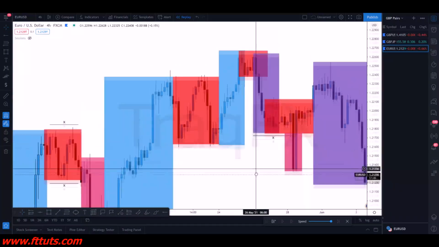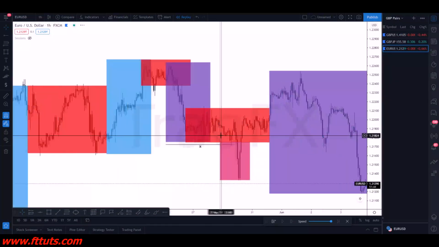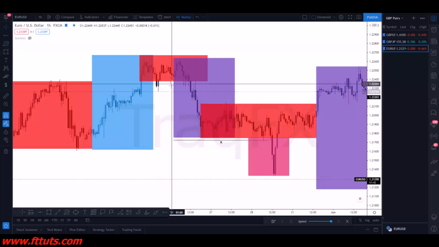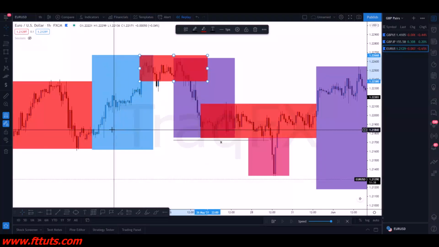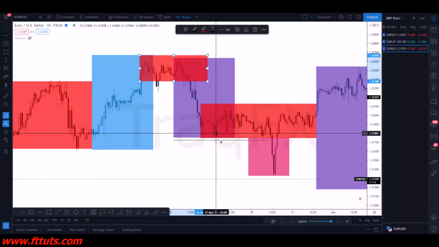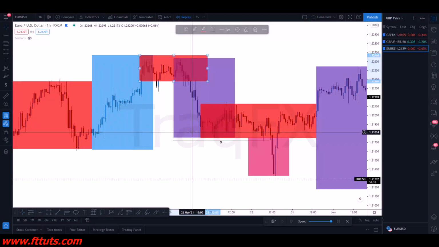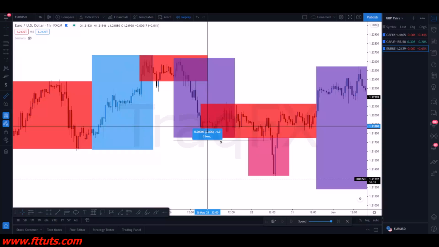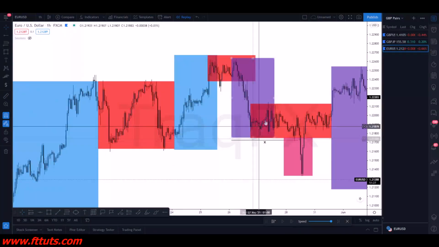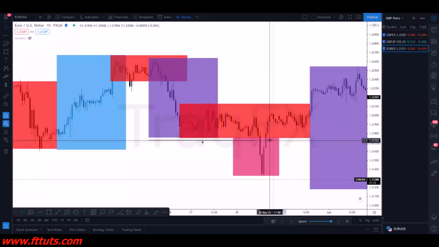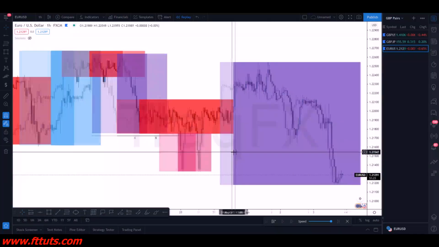Now once price did re-expand, let's go down to the 1 hour to make this a little cleaner. When price did re-expand, we had this area of manipulation, and then we had that retracement where price ended up respecting this institutional candle, and it did give you a decent intraday move for about, let's measure this, just about 26 pips. And then price manipulates, creates equal lows, equal highs, market takes out those equal lows, and then